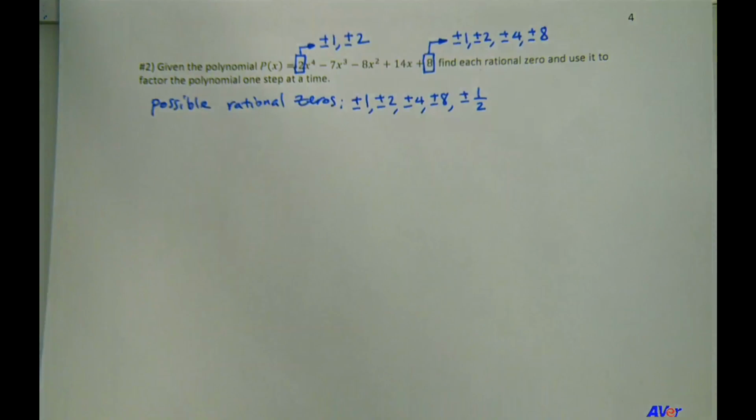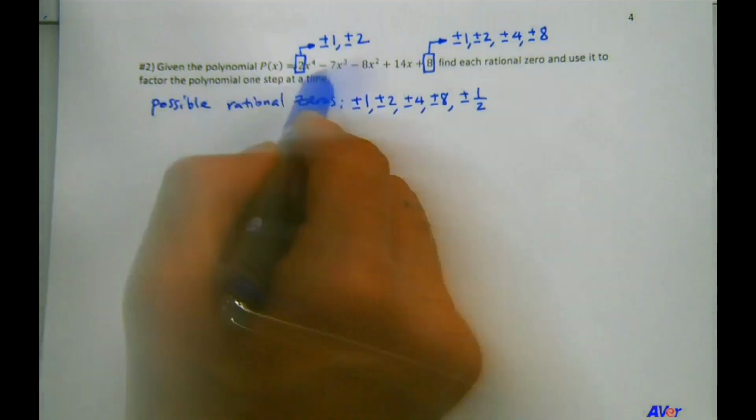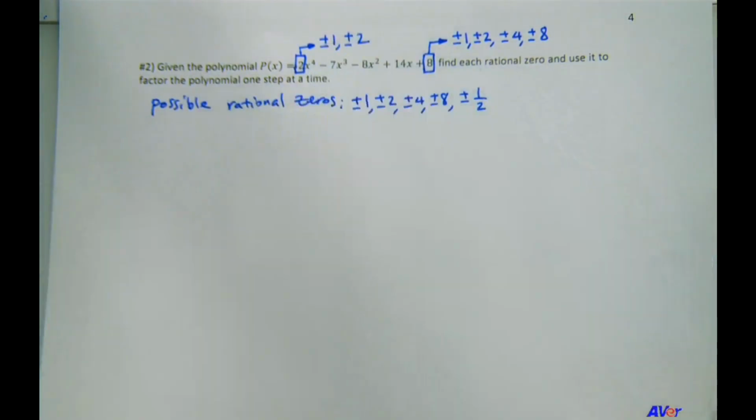So right now we haven't tested any of these. So any one of these can make this polynomial equal to 0 if you plug in for x. Any one of them. Okay? So I already tested some of these. Let's see. So we have, yes. So let's try